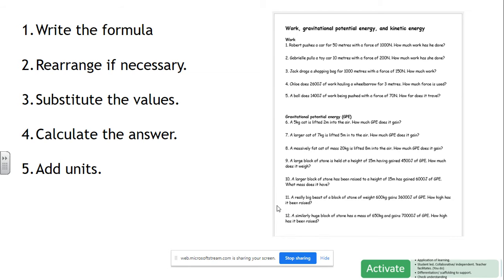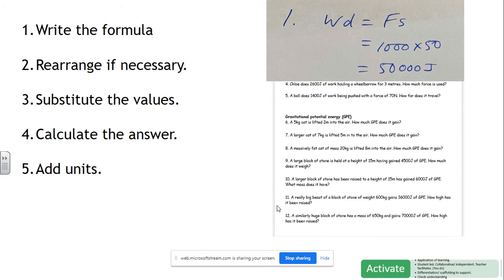The first one is done for you about Robert pushing a car. That's how you set it out. Okay, formula, put the numbers, and then calculate the answer. Now, on the subject of